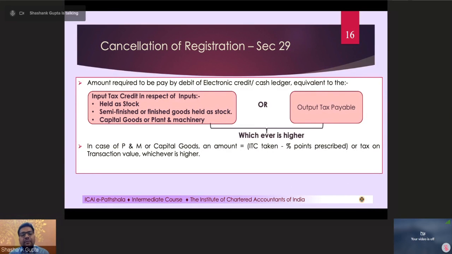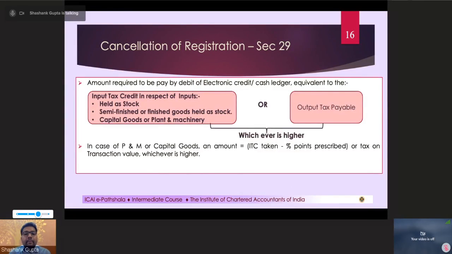Now, once the registration is being discontinued, this means that you are no longer going to be continuing to pay tax under GST. Hence, automatically you would also be debarred from any input tax credit to the extent of the depreciated value of capital goods plus inputs held in stock or semi-finished goods or finished goods. Now, suppose the reversal which comes by this calculation is 5 lakh rupees,